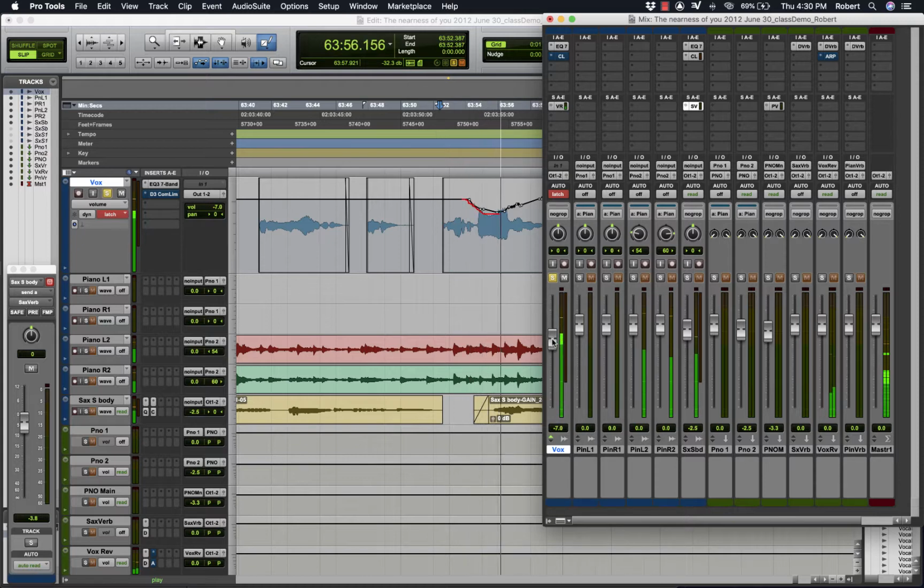Pull it down. Release the fader. When I release the fader in latch mode, it stays at the last position that the fader was at. When I released it, it keeps recording data at that last position of the fader. Undo that. When I put it into touch mode,